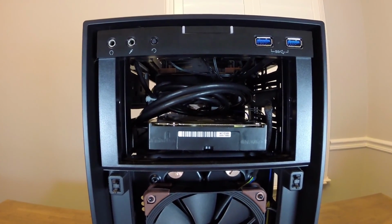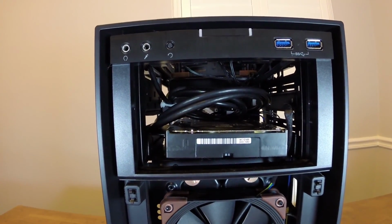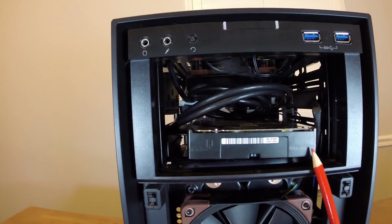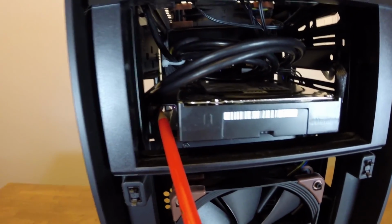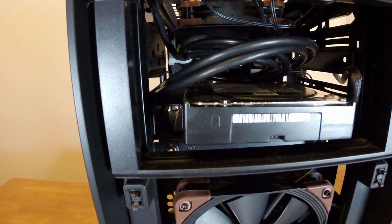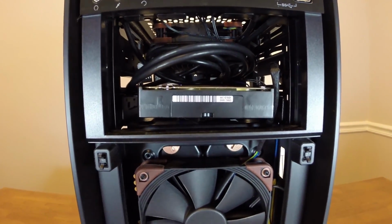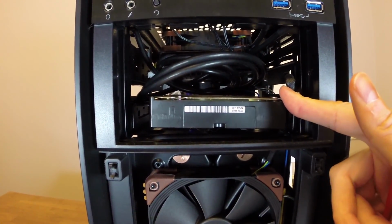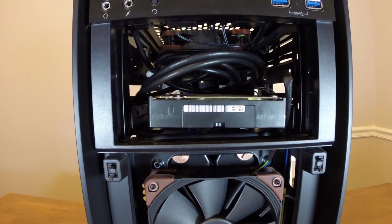In addition to the SSDs, I also have a standard 3.5-inch hard drive. It's from Western Digital, the Black edition, 4 terabyte. I have it up here in the 5.25-inch bay using a special bracket that I bought online. I'm not sure if you can see it, but it's just a metal bracket that the hard drive screws into, and then the whole thing slides into the bay as if it were an optical drive. That makes good use of that space, since I lost the standard hard drive bays with the water cooling setup. So this hard drive is secured in here,